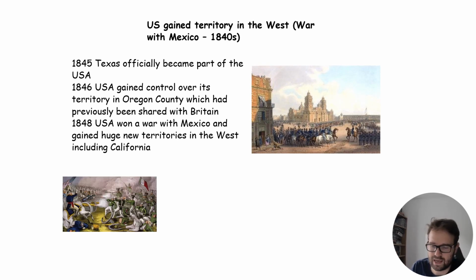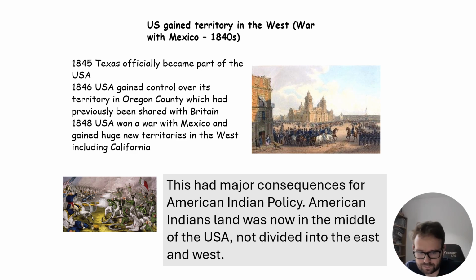So most importantly here, in the graphic you saw before, the Americans who were initially in the east now kind of surround the Plains Indians. They've got lands in the south and lands in the west, but what they need now is that land in the middle. So look at how their opinion changes. Look at how their policy is going to change. Now they've got a real reason to go through that Indian territory that they said they weren't going to touch. And the War of Mexico is a great reason for this. It gives them that purpose to start expanding and also migrating, getting through those plains. So yeah, that basically sums up what I said.